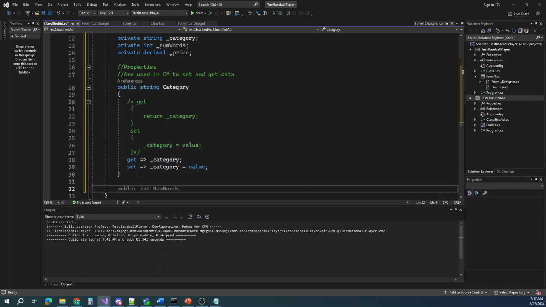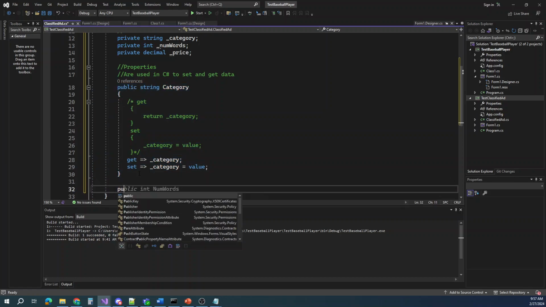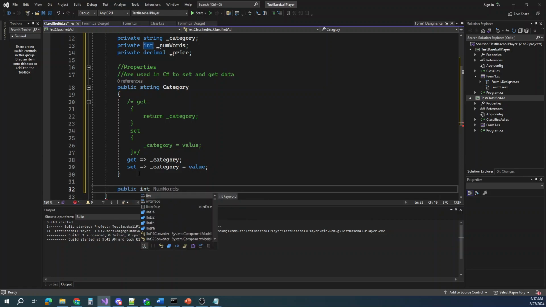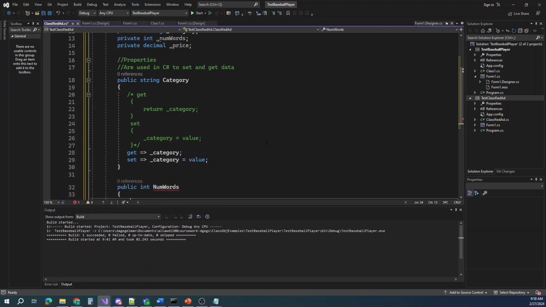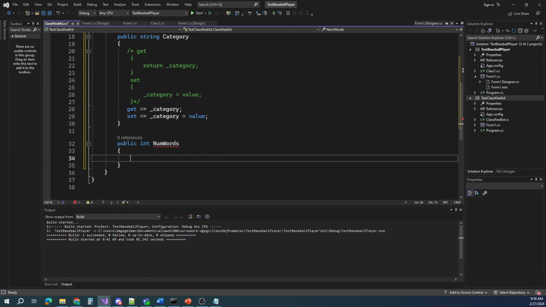So now we need to create one for num words. We declare num words up here as an int. So we do num words. And it's always mad because the indexer doesn't have the accessor in it, so it needs something in there to make it happy. So we'll do